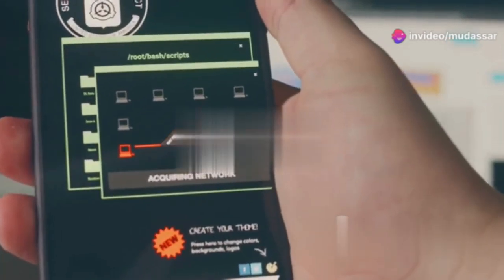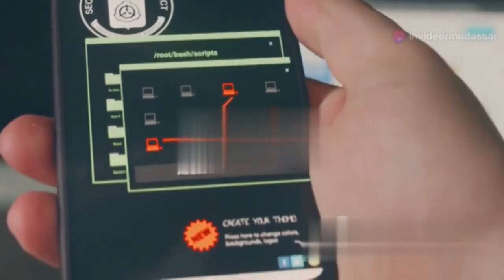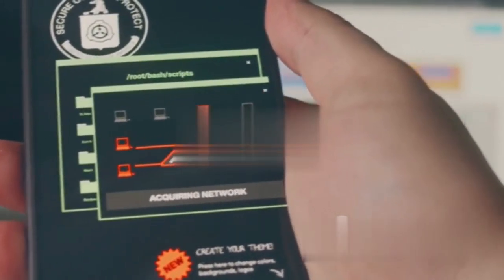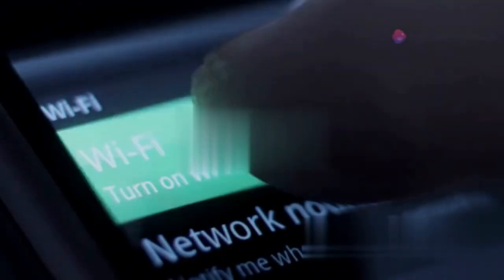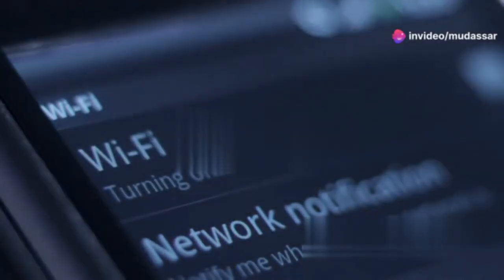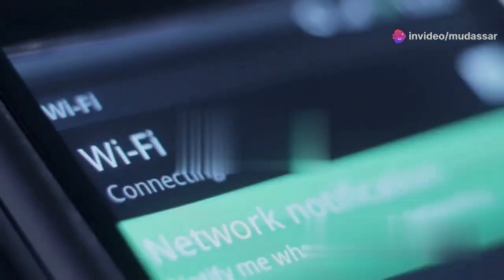Remember that VNC server we set up in the Nethunter app? This server is crucial as it acts as the bridge between your device and the Nethunter environment. We need to tell our VNC Viewer how to find it. This involves configuring the VNC Viewer with the correct details so it can locate and connect to the VNC server